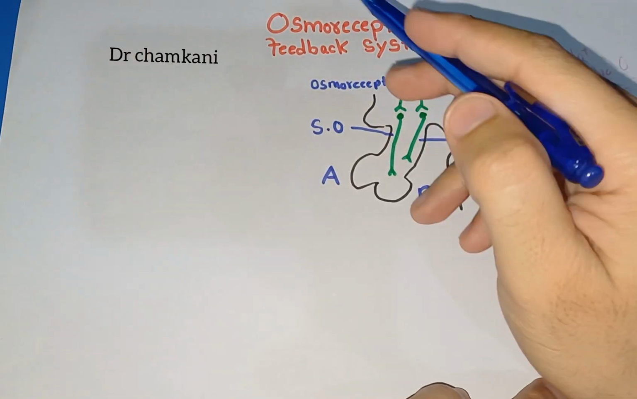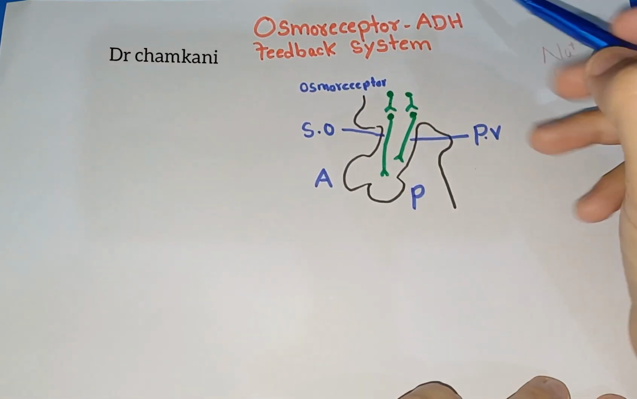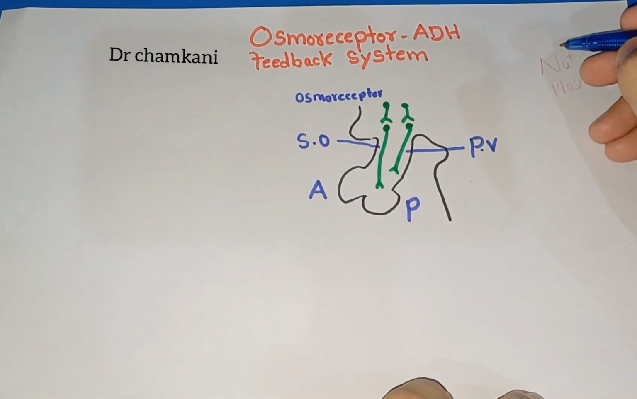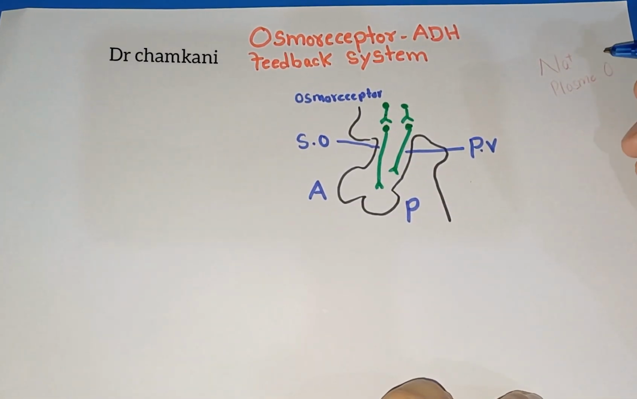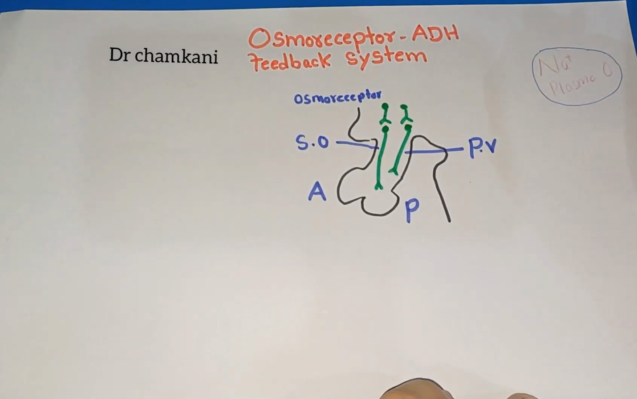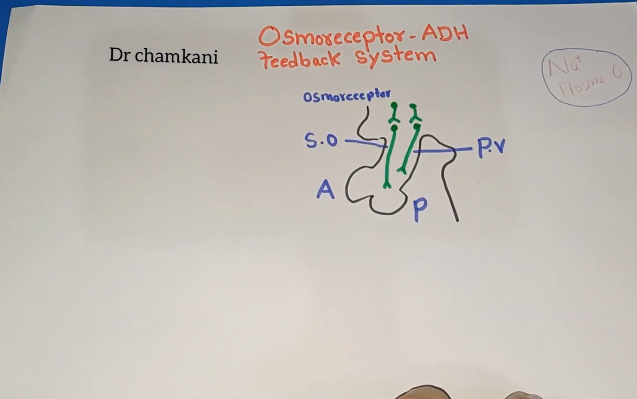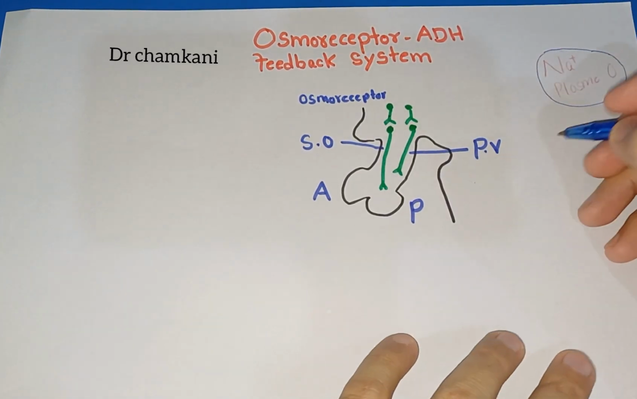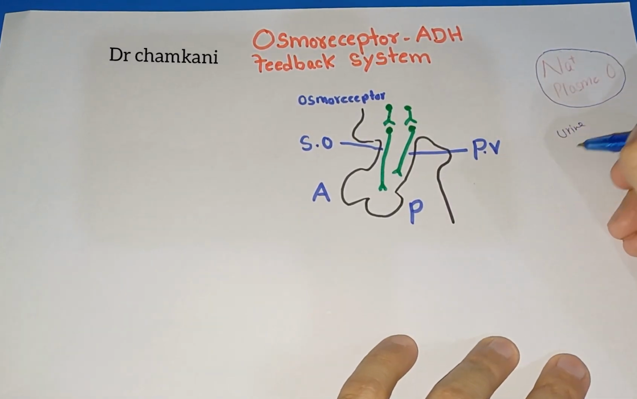Today in this lecture, we will talk about the osmoreceptor ADH feedback system. Now, this is one system which will help in maintenance of the plasma sodium concentration, or plasma osmolarity, or extracellular fluid osmolarity. So far, we have discussed the factors which contribute to the urine formation